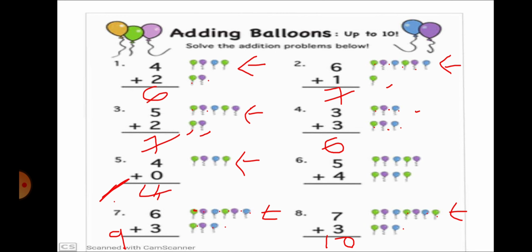My dear students, practice addition at your home. As I told you previously, addition will become more and more helpful in day-to-day life. Okay, so definitely practice that at your home with the help of your parents. I'll give you worksheets for that, and also in the next lecture inshallah we will practice more addition.